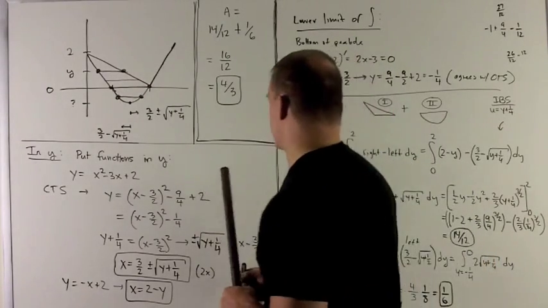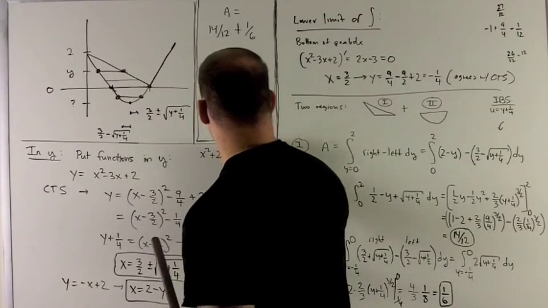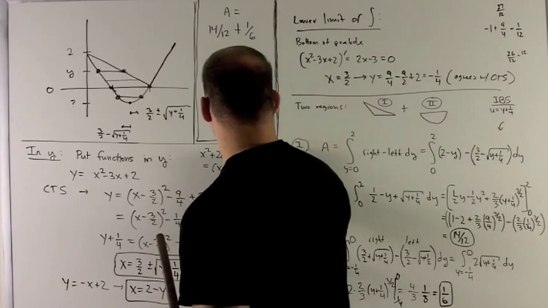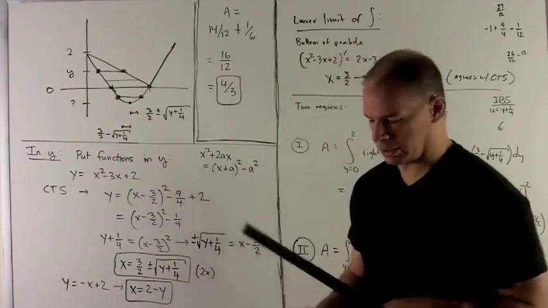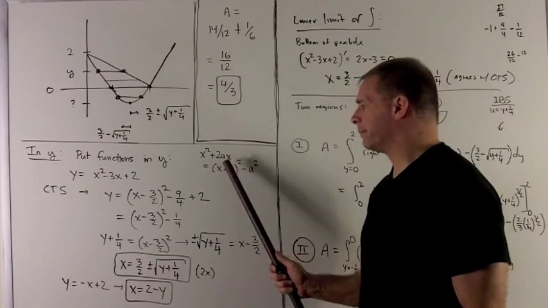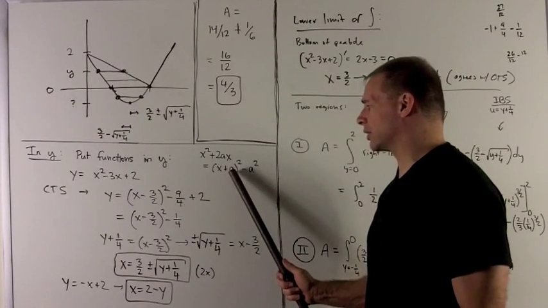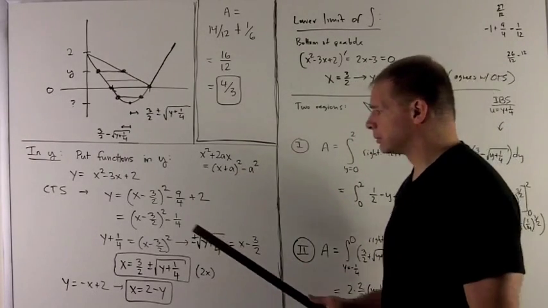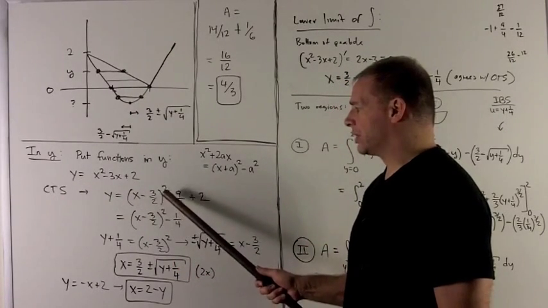If you don't have that at your fingertips, the rule here is x squared plus 2ax equals (x plus a) squared minus a squared. So the idea is you look at what's in front of x, you take its half, then you have x plus that half, square that, and then subtract off the square of what you got for your a. In this case, completing the square gives me y equals (x minus 3/2) squared,